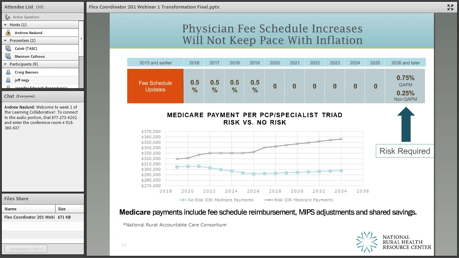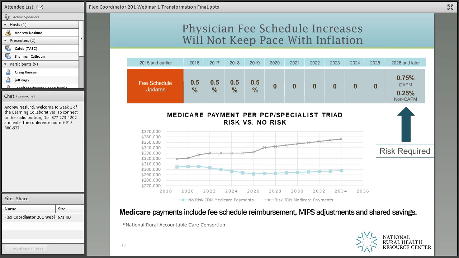But we haven't seen anything either on the increase of what's happening in the all-inclusive rates, which sometimes are connected to the fee schedule. So what you need to know here is that the fee schedule updates for a long time were only increased by percentages of the inflation rate. And once MACRA started, they gave them 5 years at a 0.5% increase. They felt that that was sort of a boost to help them get through the starting points of MIPS. But if you notice, it goes flat. And it goes flat up until 2026, and then the only way that there'll be increases on fee-for-service payments, that's Part B billing, is 2026, and you'll only get 0.25% if you are not taking risk.